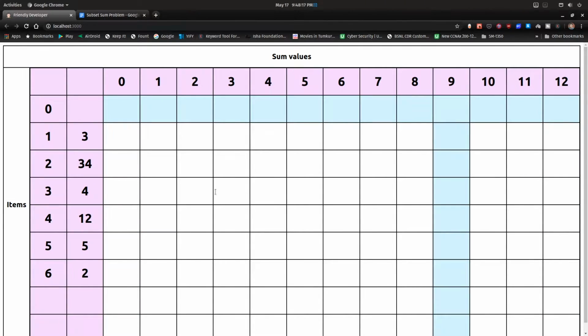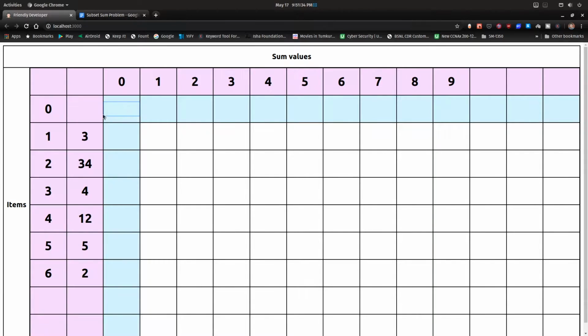As you might know, in the bottom-up approach we solve all the problems starting from the smallest sub-problem. So to solve all the problems we need to first write all the values of sums till the given problem. Let's say here the given problem has a sum value of 9, and we go on solving for all possible combinations of sum values and subsets of the array that we have considered. So that is why it makes sense to visualize this in the form of a table. Alright, let's start with the filling of this table.